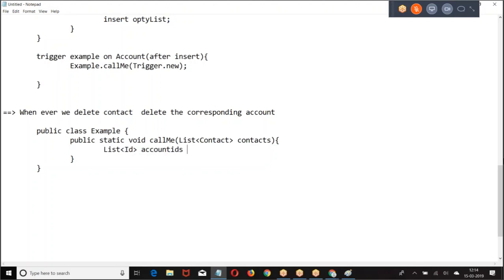Now, how are contacts and accounts related? Then what I'm doing is taking one contact at a time and seeing if there is any account for it. If the contact's account ID is not equal to blank, then add it to the account list.